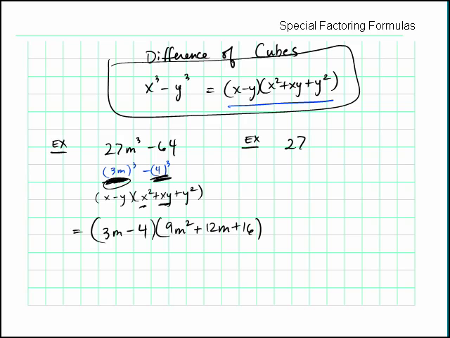27a cubed minus 8b cubed. This is 3a to the third power, and this is 2b to the third power. And so following my pattern, I'm going to have 3a minus 2b